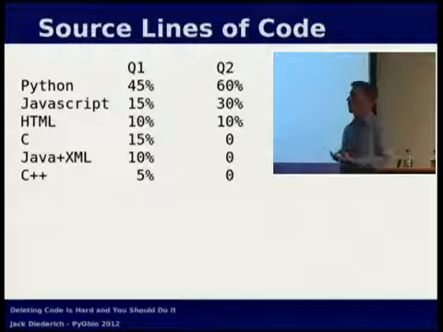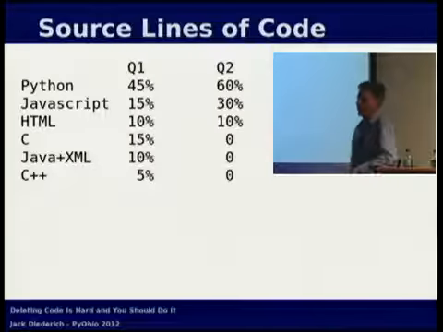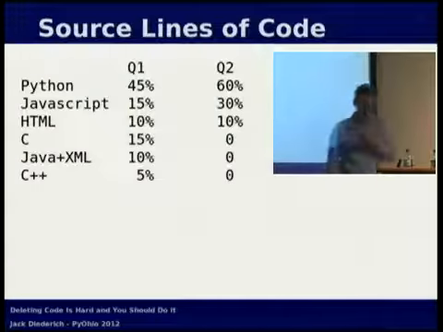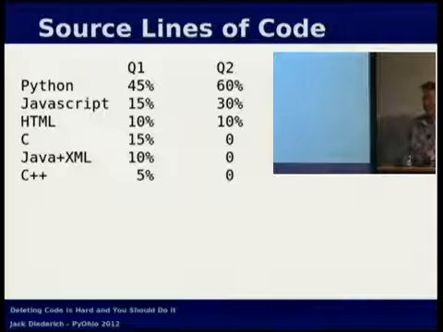So quarter over quarter, even though we rewrote or did away with 20% of our code, we actually kept the line count the same. And part of that's cheating because you can get a lot more done with a little bit of Python than you can with a lot of Java. But it was nice to actually stay the same in line count.